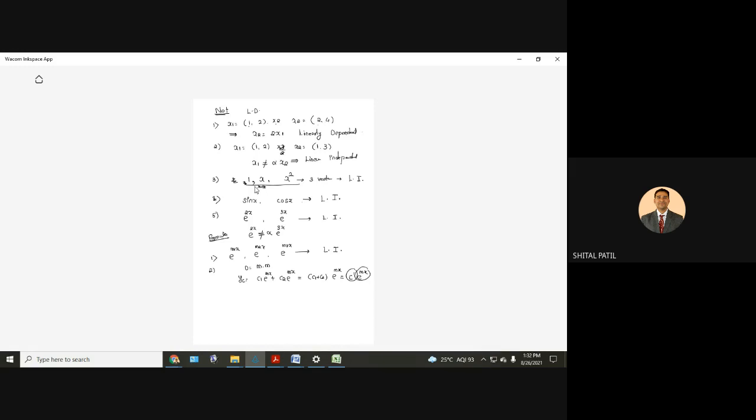But the order of the differential equation was 2. Why was the order 2? Since we got 2 roots. So the order is 2, but the general solution or complementary function contains only one arbitrary constant, only one linearly independent function, which is not allowed. Therefore we have written it in this way: c1 plus c2x, e raised to mx. And what are the two functions? One is e raised to mx and the other is x e raised to mx. And they are linearly independent.